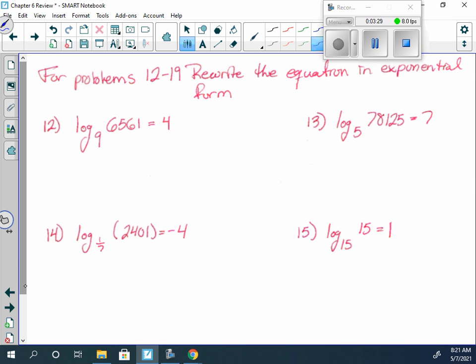So for 12 through 19, we want to rewrite each logarithm as an exponential. Now the way we went over this originally was that log base b of x is equal to y, if and only if b to the y is equal to x. And we went through changing this and going through this property here. But really what we can do is apply the base to both sides. So here the base is 9. 6,561 is equal to 9 to the